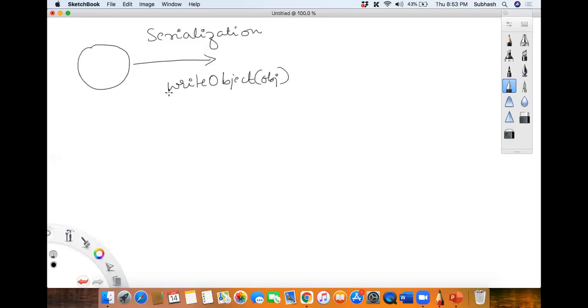Now this method belongs to which class? The writeObject method belongs to the object output stream class, isn't it? I have given you this, guys. Yes or no? Is that okay? It belongs to object output stream. Is it complicated? It's so simple. Okay. Now, suppose